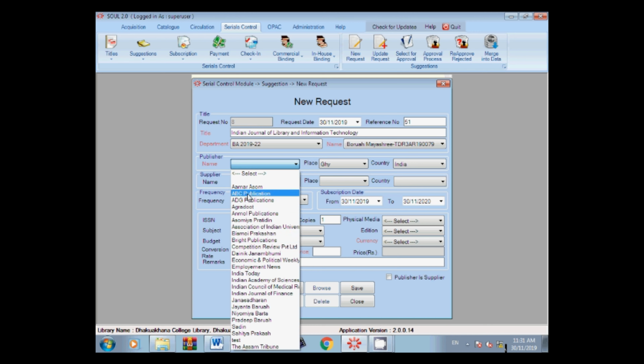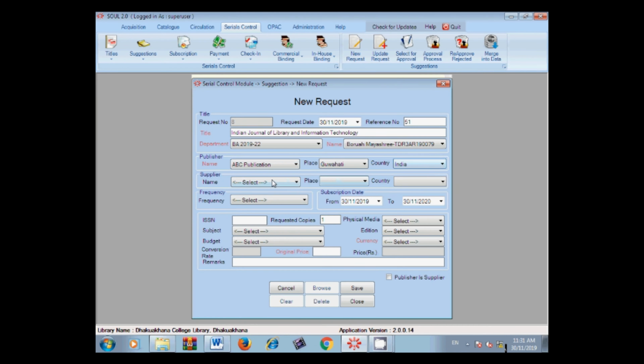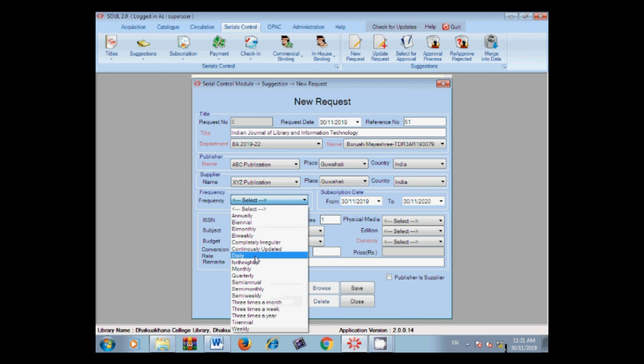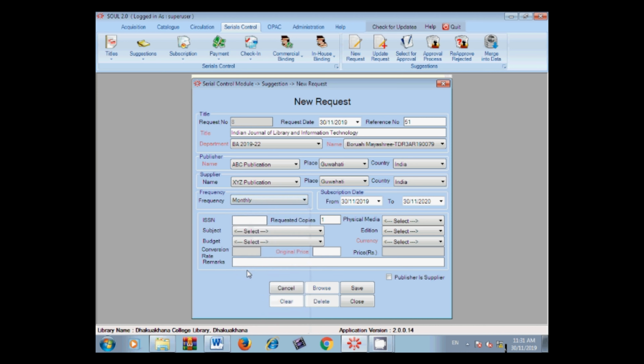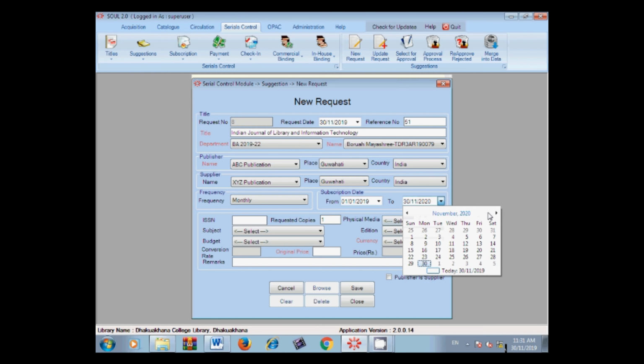You select the supplier which you made just a few seconds before, then you select the frequency, whether it is a monthly journal or an annual journal or a half yearly journal. Suppose this is a monthly journal and you have to be very careful while giving the subscription date. Suppose this journal is subscribed from 1st January 2019 to 31st December 2019. For 1 year this journal is subscribed and it is a monthly journal, that means there will be 12 issues in a year. Give the ISSN number